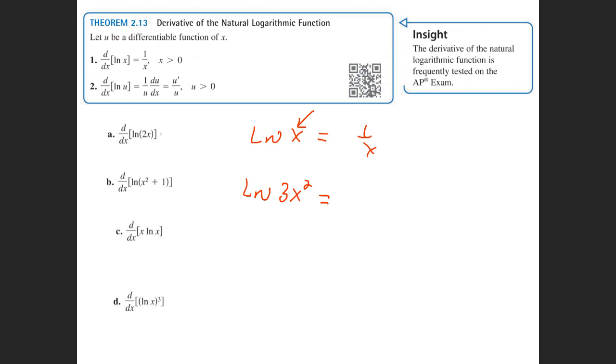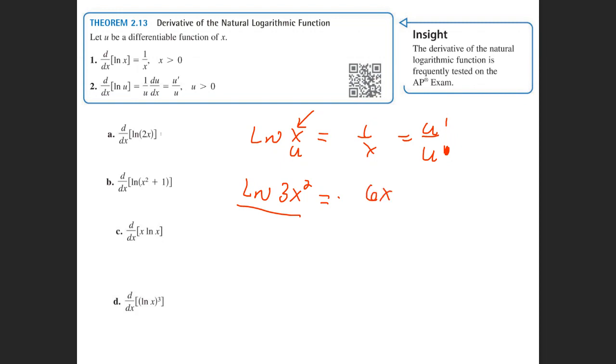All I tell kids to do is just do u prime over u. This is really your u value here, right? So it does work on this problem. If this is x, and we said that the derivative is u prime over u, well, the derivative of x is just 1, and then we just put it over x. That's my answer. So if I wanted to take the derivative of this, I take the derivative, so that's what,